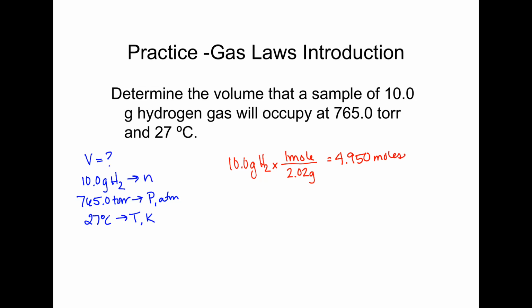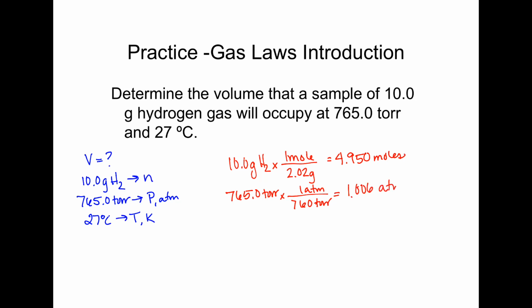Okay, the next one to do is pressure, 765 torr, and there are 760 torr for 1 atmosphere. That conversion and the pressure conversions are on your common conversions list, so again, you're going to want to know those kind of off the top of your head. All right, when I did this on my calculator, I got